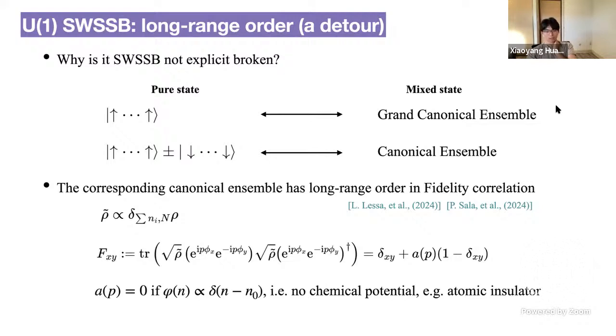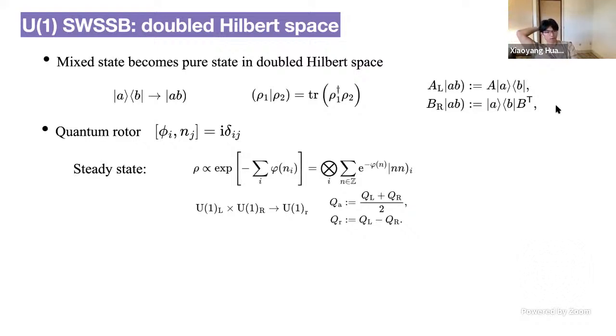And this represents, for example, the atomic insulator case. In that case, because the correlator is 0, there's no long-range order, and you cannot talk about strong-to-weak SSB. So the point is that the Mermin-Wagner theorem can also be seen from this perspective, by saying that the correlator is not a function of the distance. So it always holds. Okay, so this is just a detour. I want to mention it to avoid confusions that might happen during this talk.